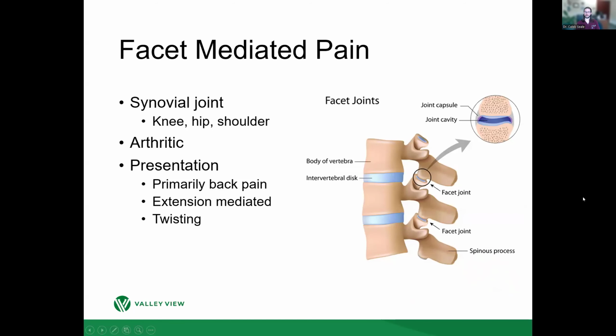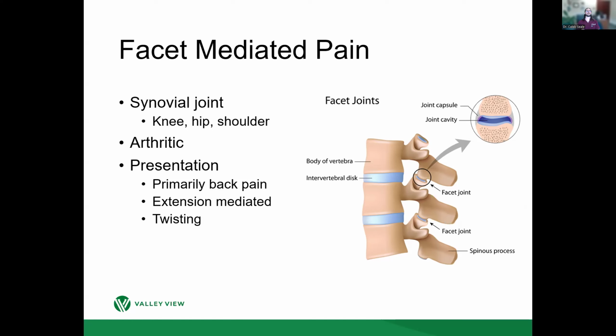Facet mediated pain, this is a very, very common one for chronic low back pain. Again, your facet joints are those small little joints in the back that help you twist and turn. And so if you feel like you're trying to turn your body from side to side and you hear a popping or clicking and your back hurts pretty close to the middle, then it's likely coming from those facet joints,